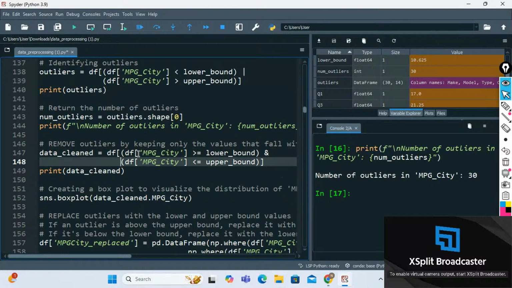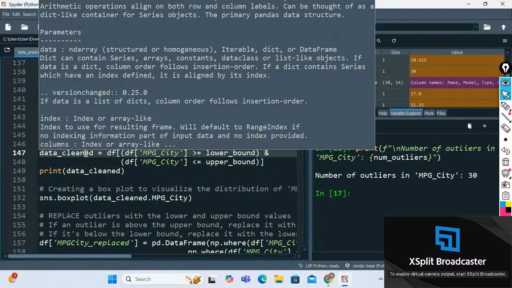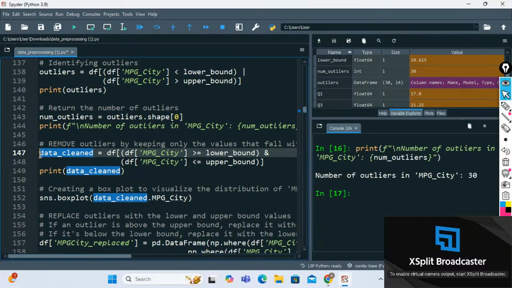If the values present in that column are greater than or equal to the lower limit, and if the values are less than or equal to the upper limit, only then you filter the data and store all these records in the data_cleaned object. So this will contain the values of MPG city which are present within the limits,